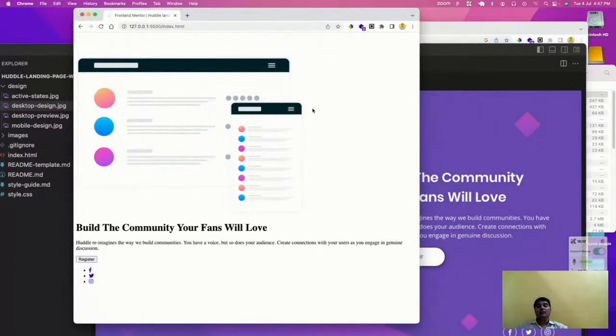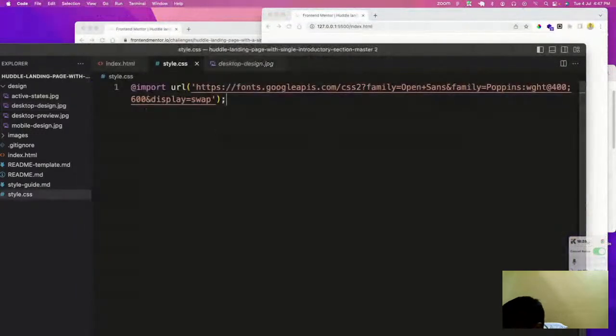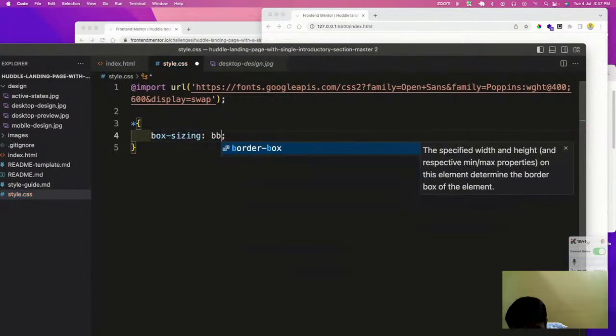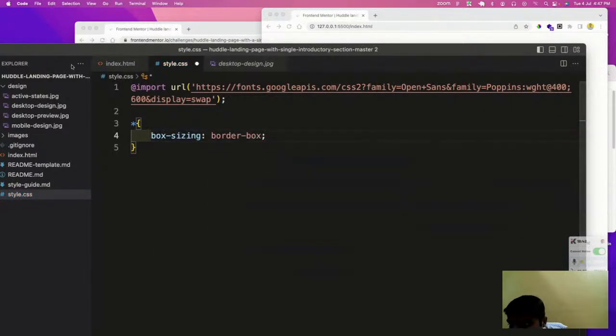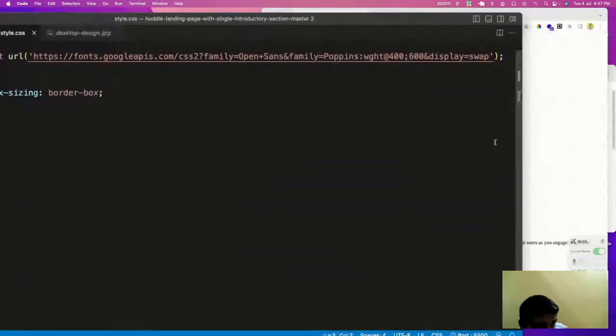So let us see how we are going to fix it. First, how we are going to make it? We will be using box-sizing: border-box. Box sizing border-box and